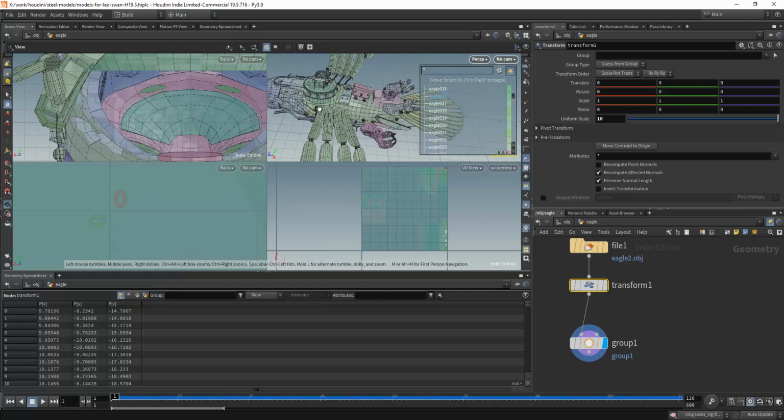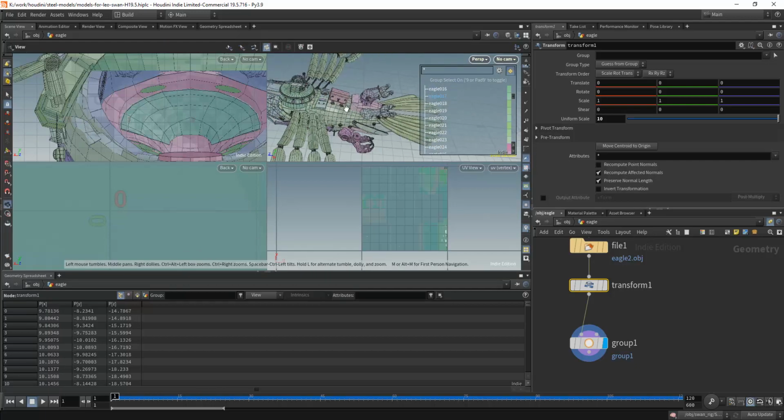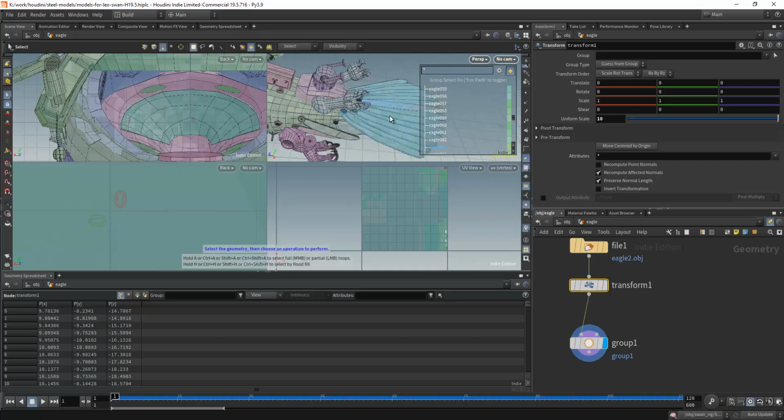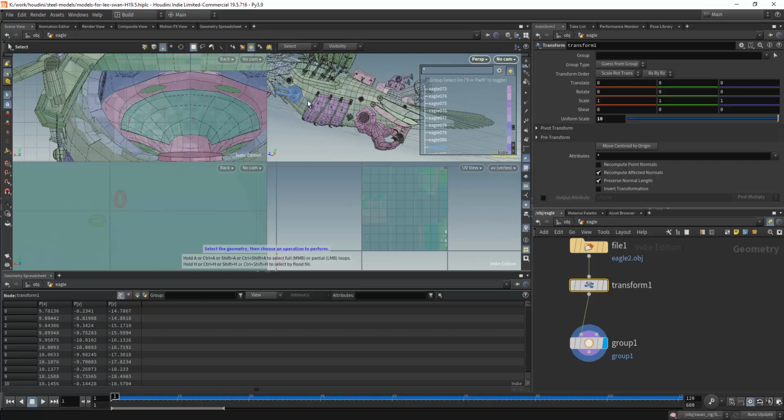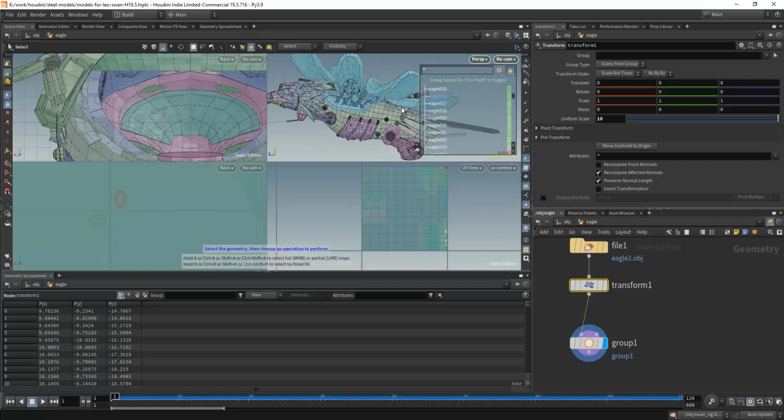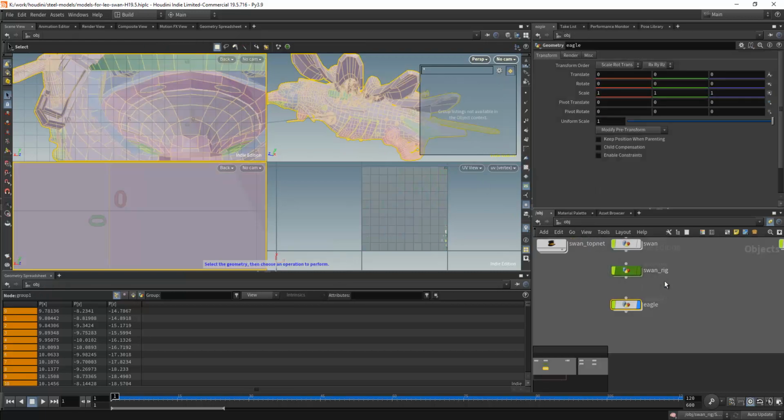With the rigging process, because the geometry name is tied to the rigging, it saves us a lot of time. So we can just do it once. We can label the groups and then assign them. But if we look at the swan,